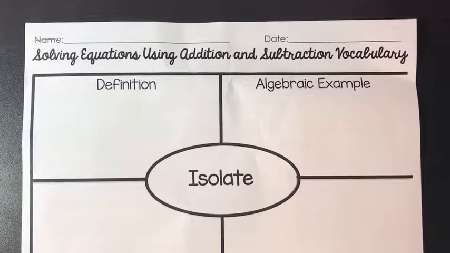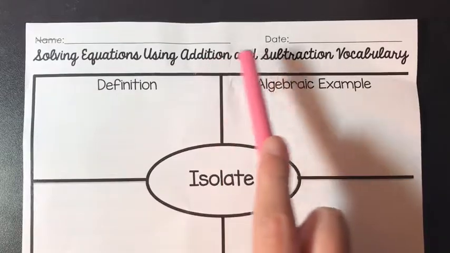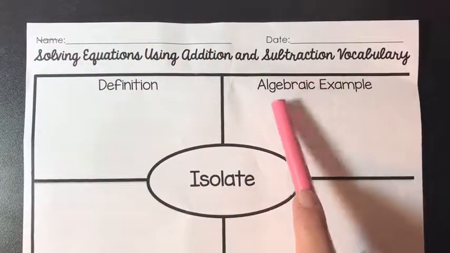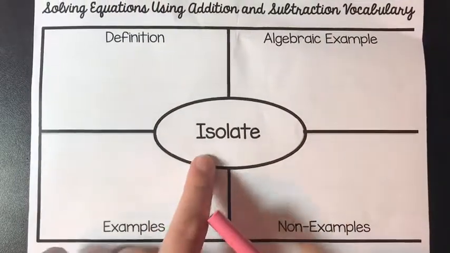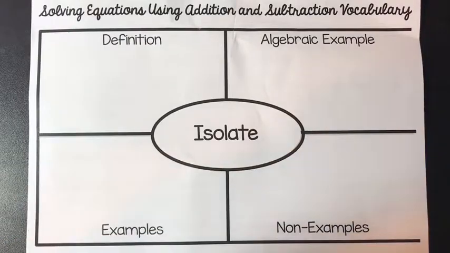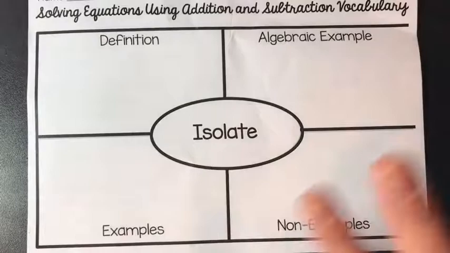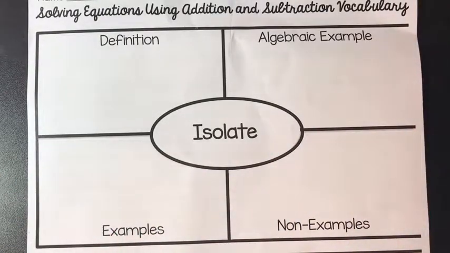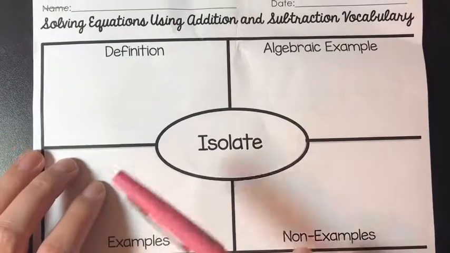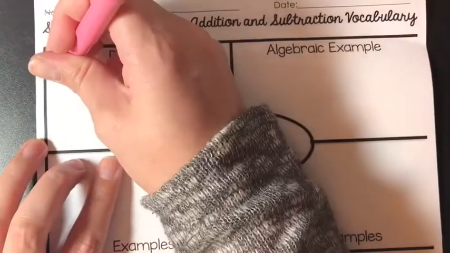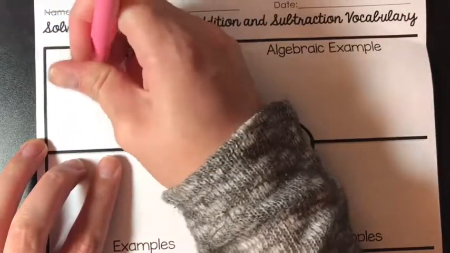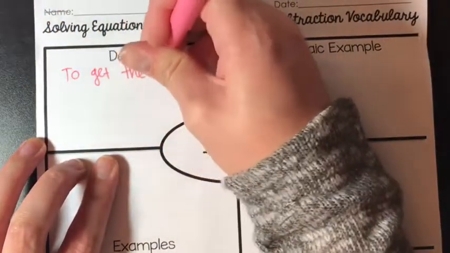Hello, 6th grade. We're going to talk about 2 new vocabulary words before we start solving equations using addition and subtraction. Make sure you have these correct notes in front of you. When we think of the word isolate in everyday use of this word, it means someone off, alone, by themselves. In math, a very similar meaning, but a specific one. So for the definition, you're going to write, to isolate means to get the